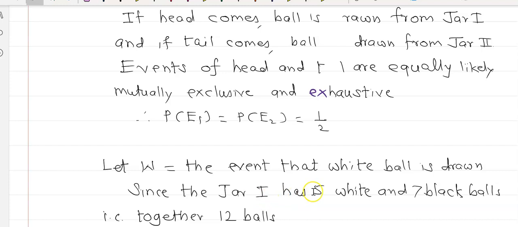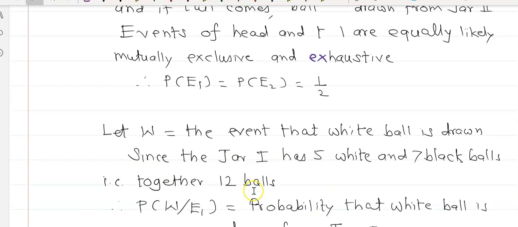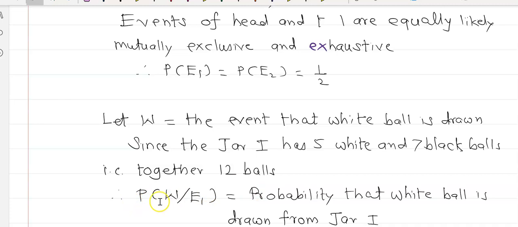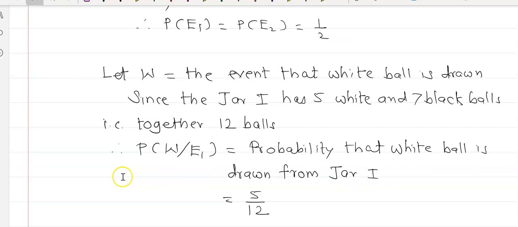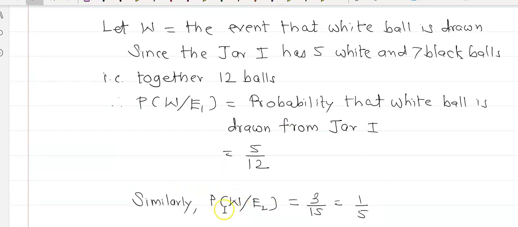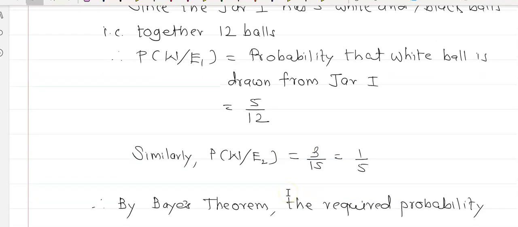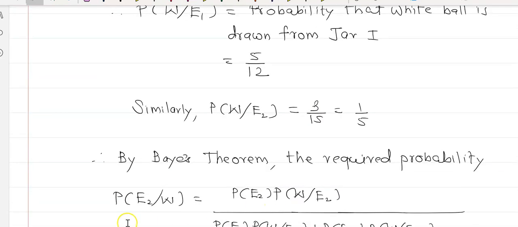Since jar 1 has 5 white and 7 black balls, that is 12 together, the probability of W conditional on E1, that the white ball is drawn from jar 1, is 5 by 12. Similarly, the white ball drawn from the second jar is 3 by 15, which is equal to 1 upon 5. Therefore, by Bayes theorem, the required probability from the second one,